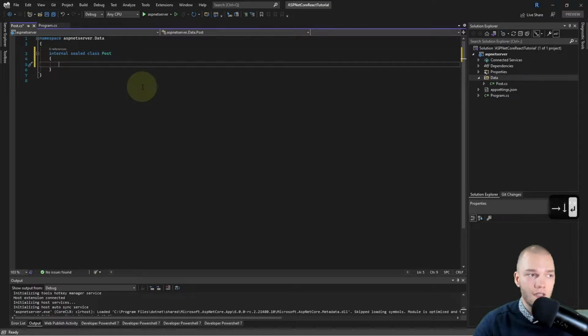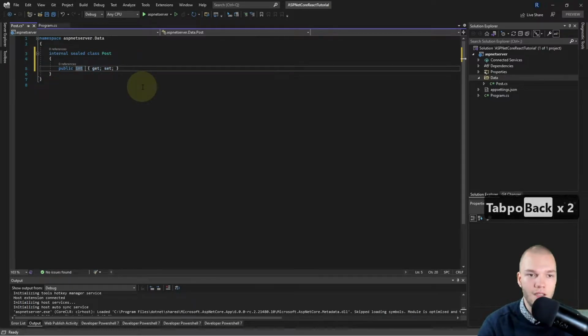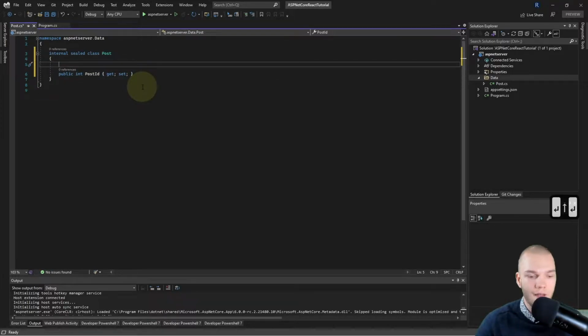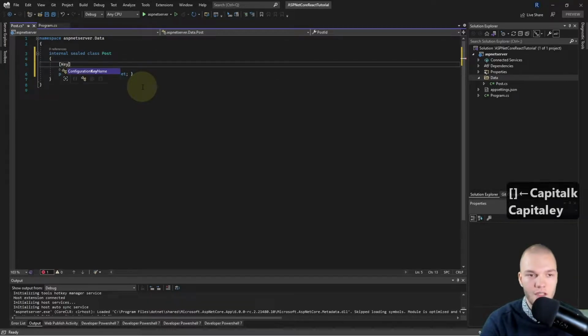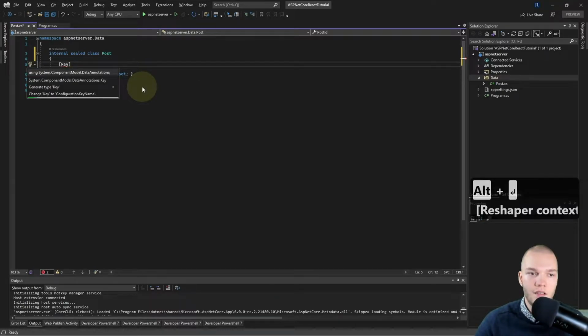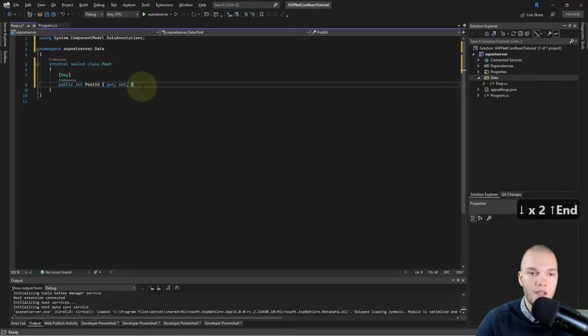Then I'll just add some properties which will then be columns for our table. So I'll just do prop tab tab, and the first one is a public int called post ID, and I'll add a data annotation to this, so brackets and key, and just hit alt enter and import the required using statement.